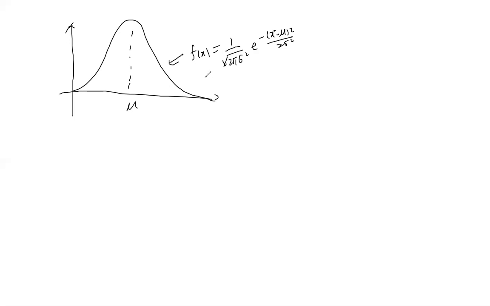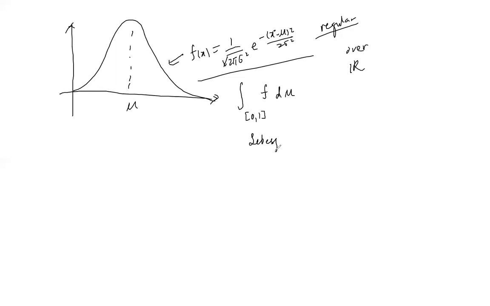So now your f(x), this is a normal density, right? The normal density is regular over your real line, isn't it? Correct? Yeah, agree, right? Because it's continuous along the real line and it's differentiable everywhere. So therefore, if I want to find the Lebesgue integral of, let's say I write something like this, and I'm interested in 0, 1, right? How would you evaluate this? This is a Lebesgue integral, right?